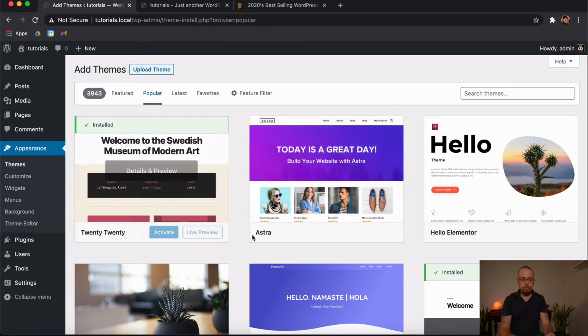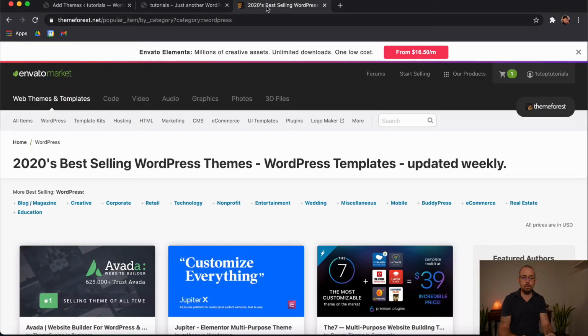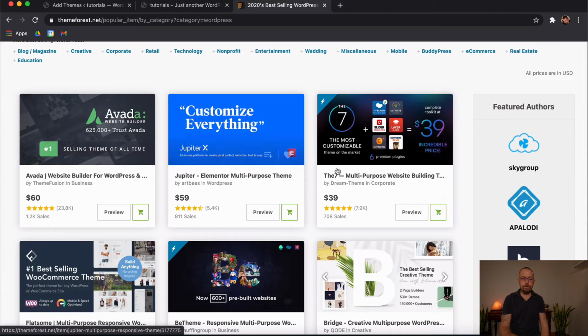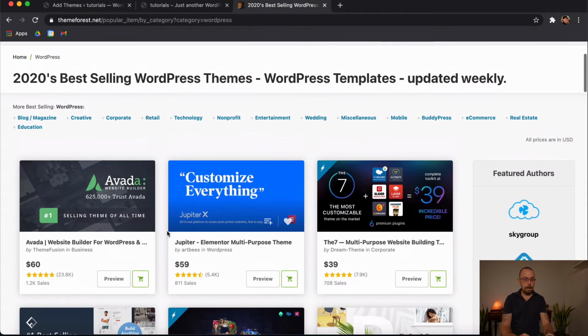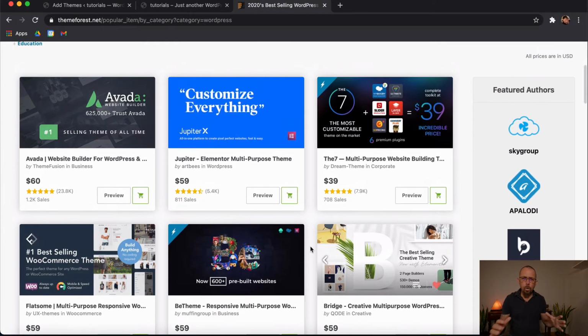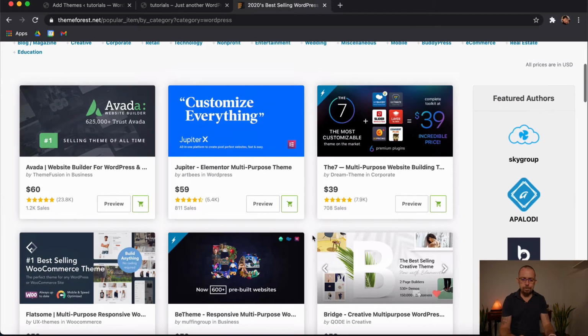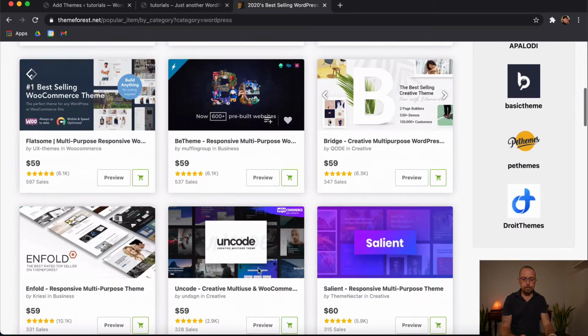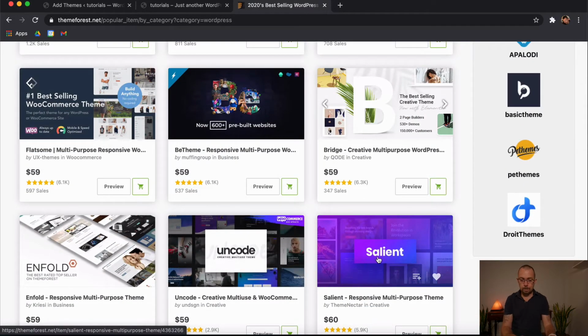So for themes, you can also upload your own theme. So let's say you went to something like themeforest.net, and you go to WordPress and you're just having a look inside of here. Well, what you can do is you can purchase these themes. At present, these are the most popular themes. The Avada theme's quite big. The 7 Multiplus, I've used that one before. You get multiple types of looks of websites inside of these. So you can come to something like, this one's good as well, Salient.